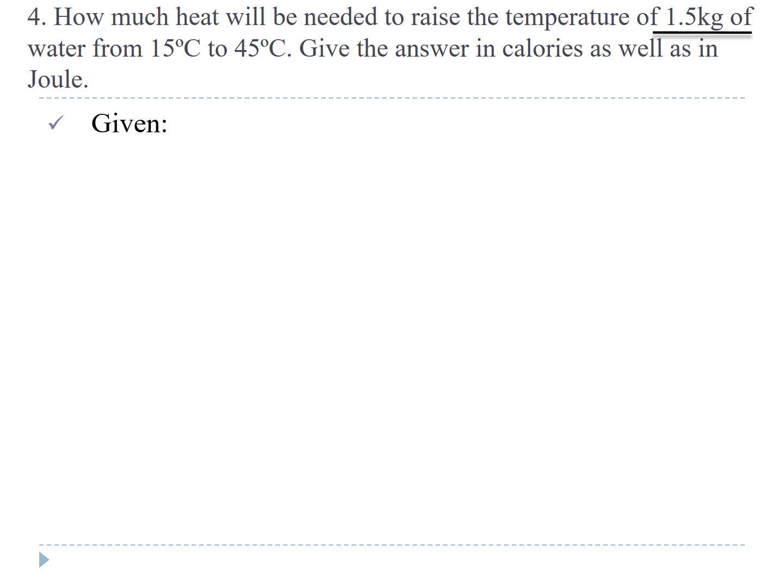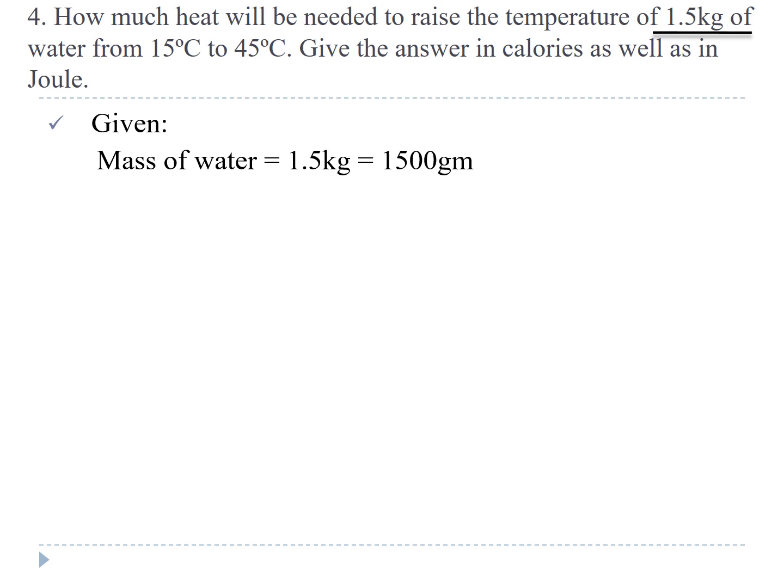Now here it can be confusing. See, they have written how much heat will be needed to raise the temperature of 1.5 kg. Please note, it's temperature of 1.5 kg. Here you may get confused with temperature and 1.5. Because it is 1.5 kg of water, the word kg has come, so we are basically talking about mass of water. Even though when they are writing the sentence, they are writing it as temperature of 1.5. So 1.5 kg of water means you're basically talking about mass of water.